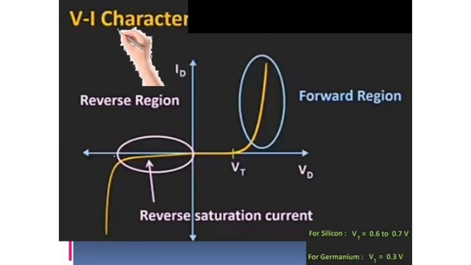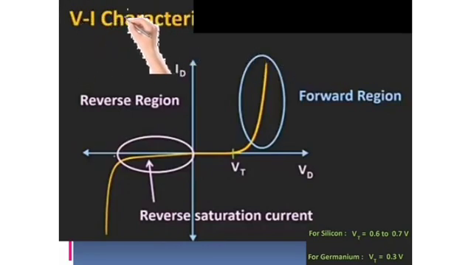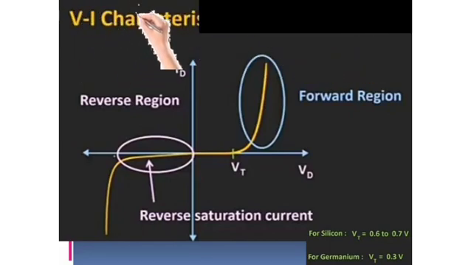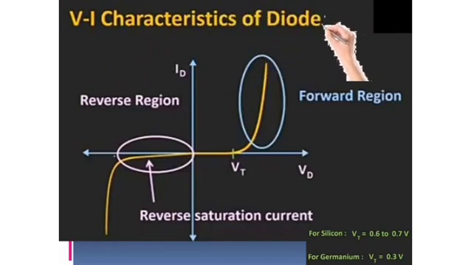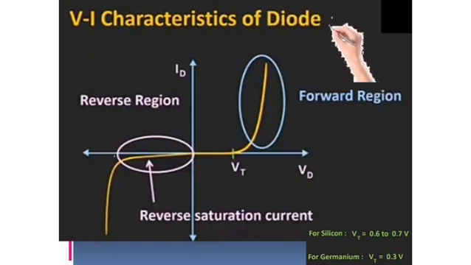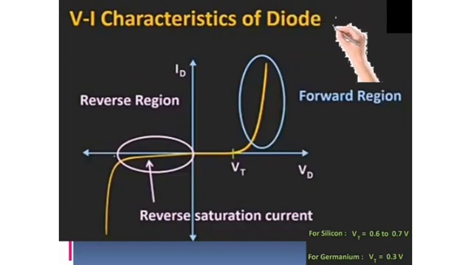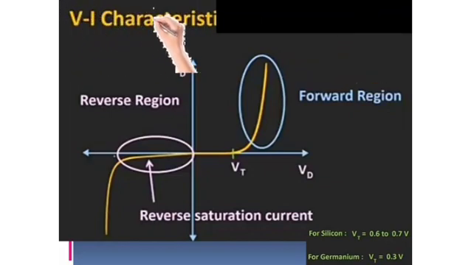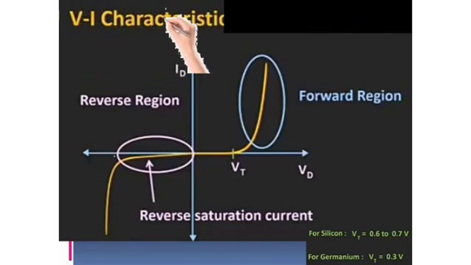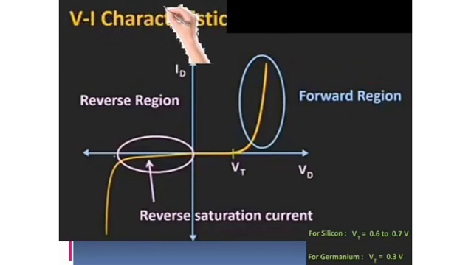So what happens is, the non-linear curve indicates that when the PN junction is forward biased, electrical resistance or impedance is low and it conducts a large amount of current, known as forward current. But in case of reverse bias, the current is low till breakdown is reached and hence the diode looks like an open circuit. So there a curve is given. It's written reverse saturation current. So when the input voltage reaches breakdown voltage, reverse current increases enormously. So this is about the VI characteristics of a diode.